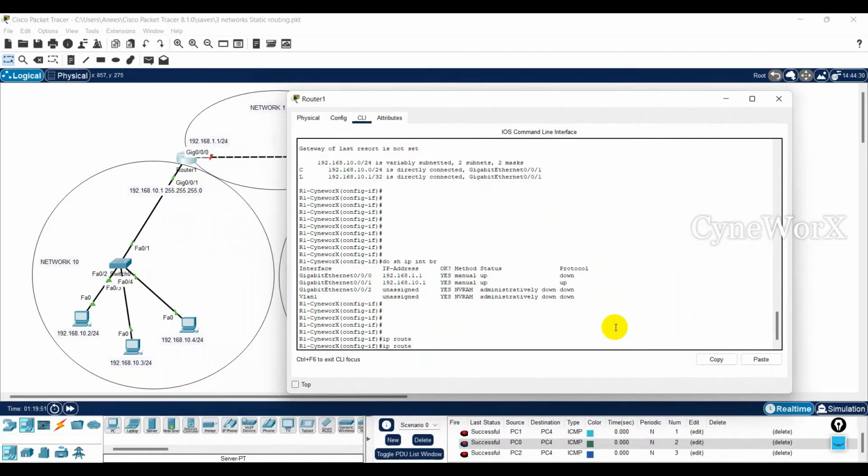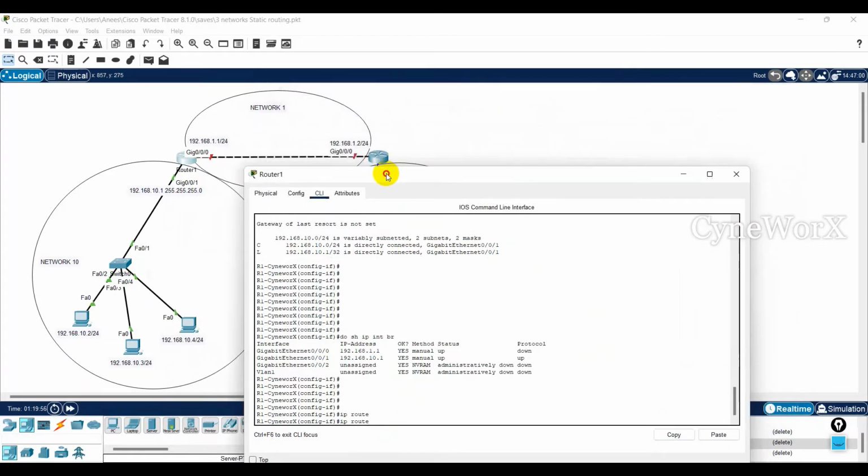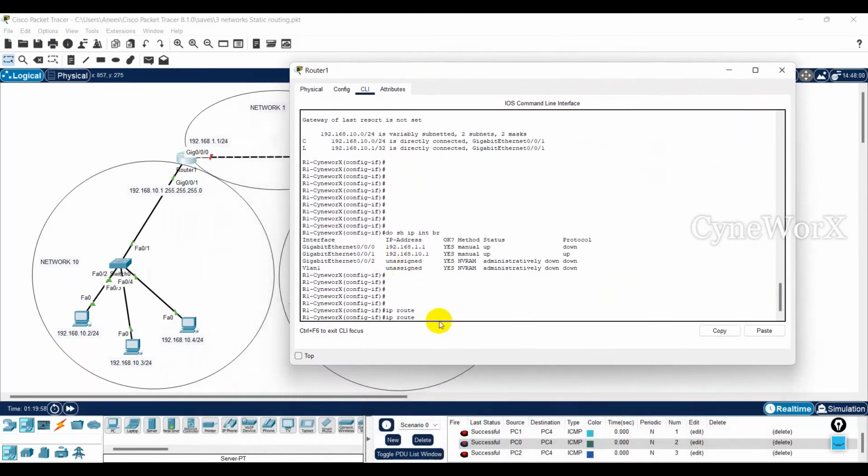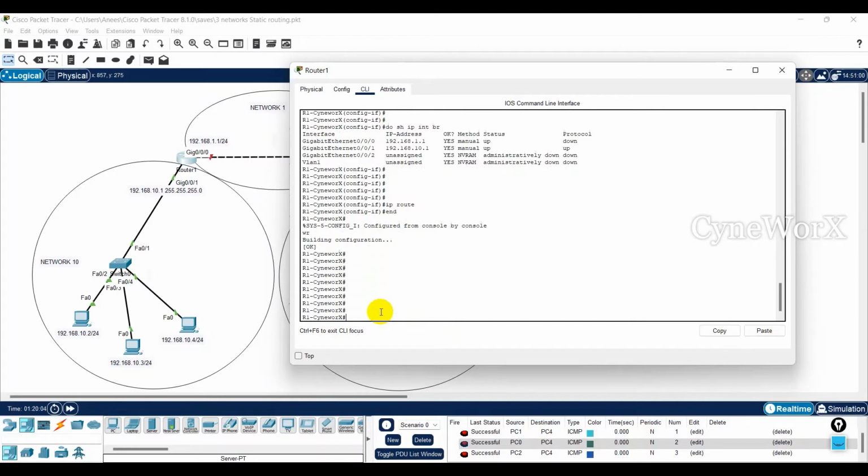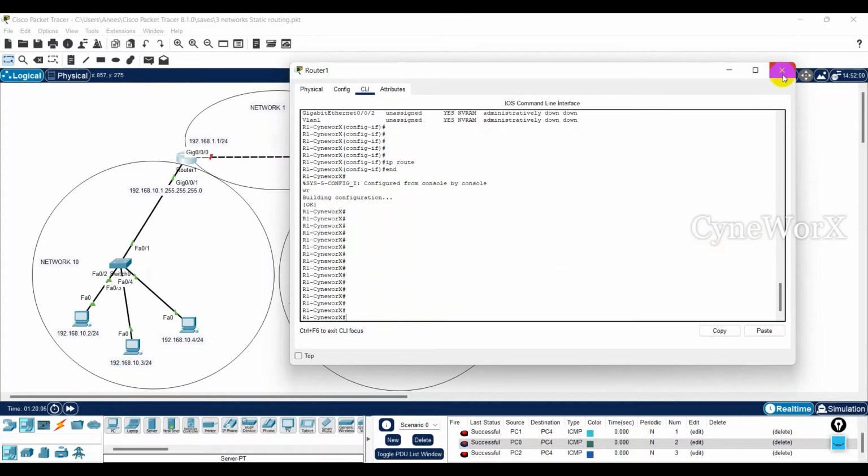Okay, so now what I'm gonna do, I'm gonna assign one of the commands, ip route. Okay, let's do this command later. Sorry. Okay, I'm gonna do end and save. Now let's go to the